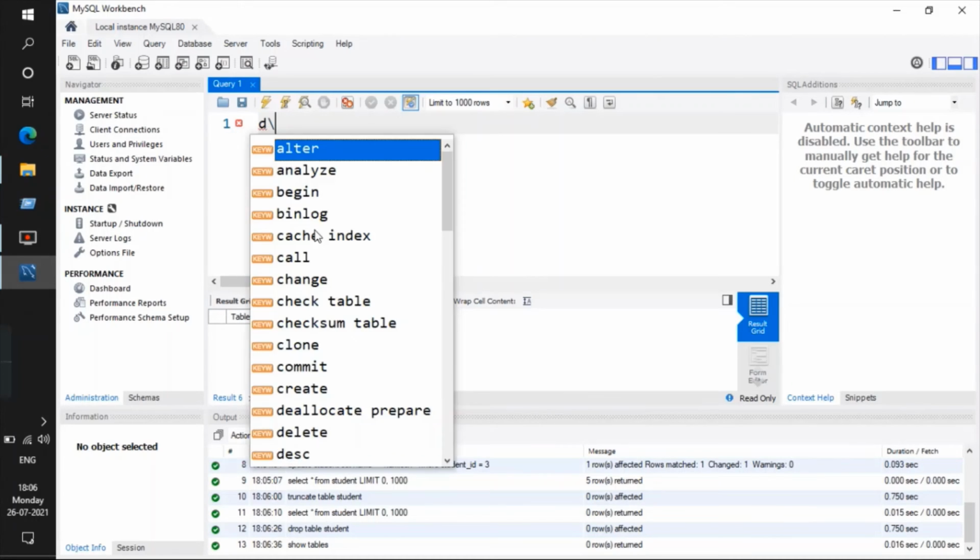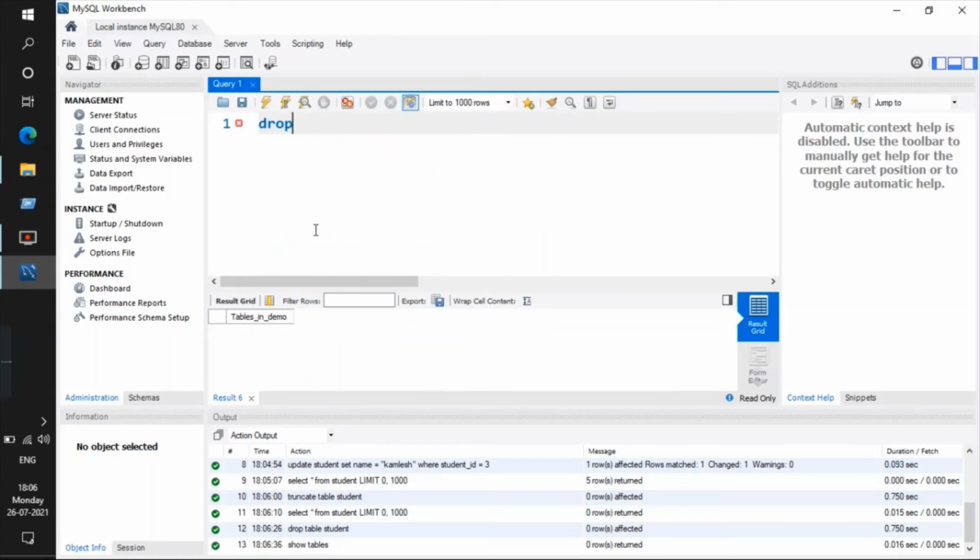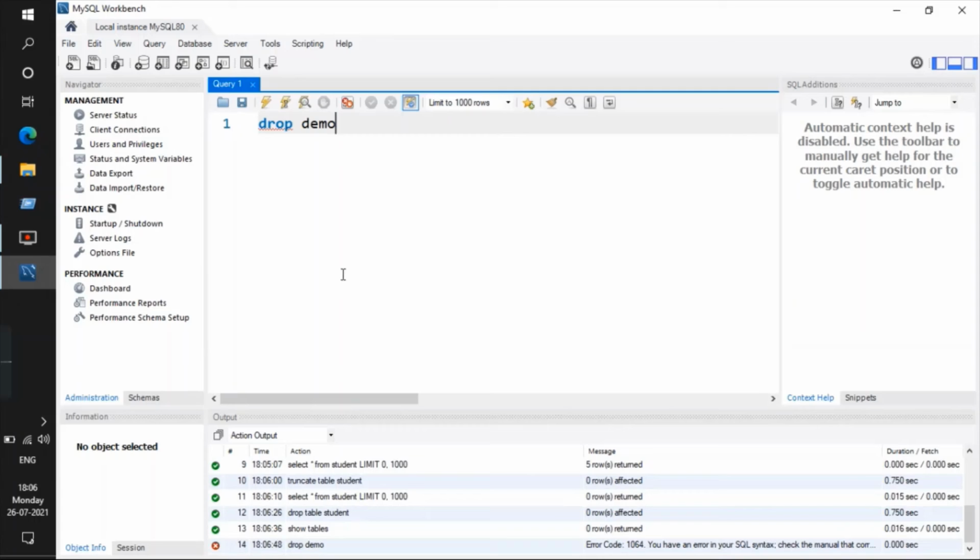Let's delete the database demo also. Just use drop demo.